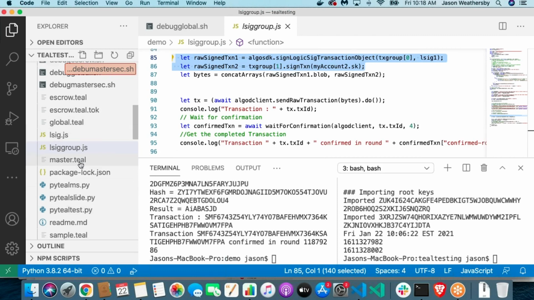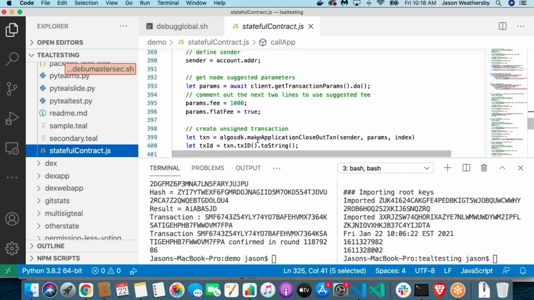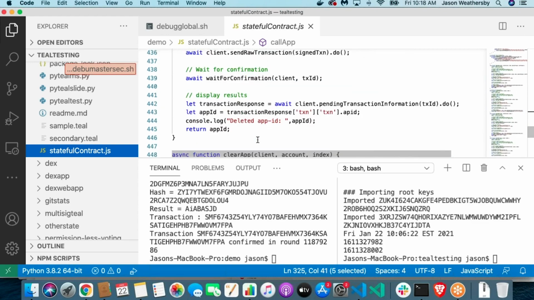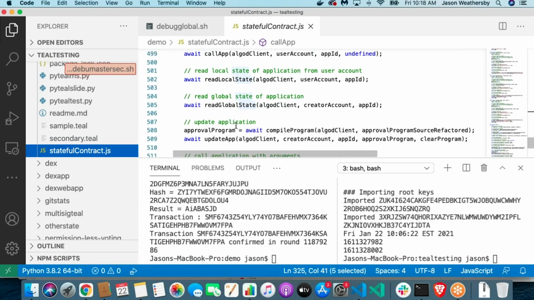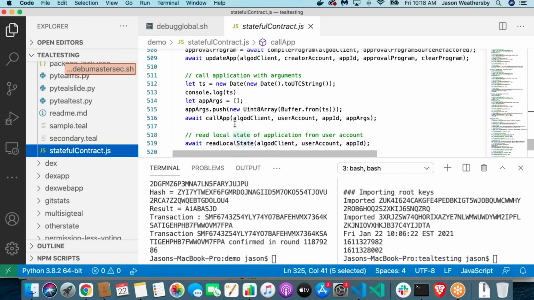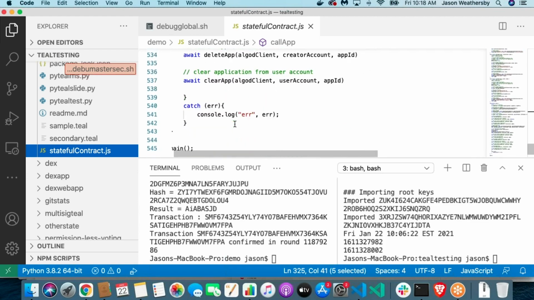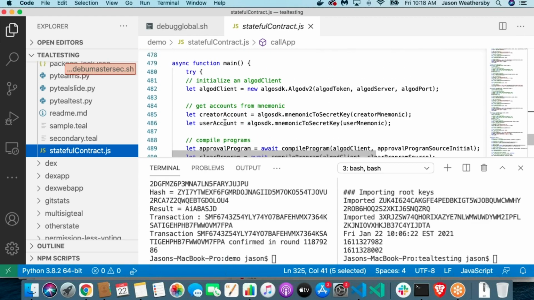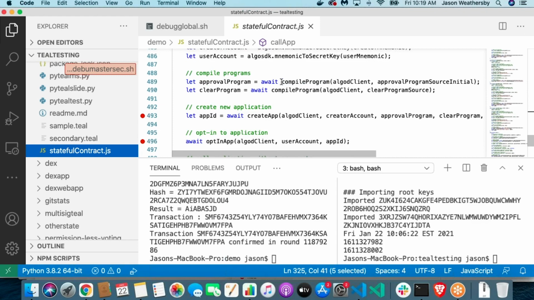All right, the other one, and I'm not going to run this one because it takes quite a bit of time to run, but this is a sample that's already out on the developer website, and it basically shows you how to do everything from a stateful smart contract. It's probably the most important one you're going to use as far as learning to create stateful contracts. There's a whole set of functions that Ryan wrote in this example that show you how to do things like compile a program. It's essentially the same way, except you have to compile both programs,